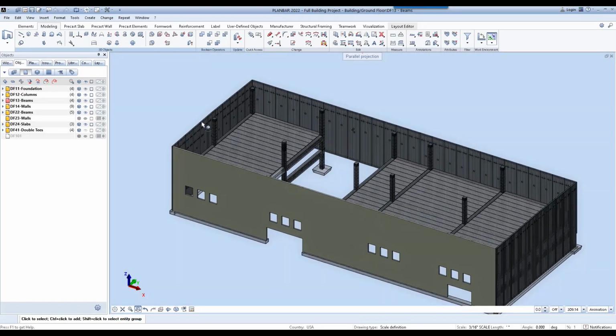In general, in ALLPLAN, you can model pretty much anything. There's a lot of solid modeling tools, as well as some visual scripting options for modeling whatever you want. We can take those generic shapes and turn them into precast elements so that the program recognizes that they're precast, and automate the rest, like the reinforcement, addition of fixtures and lifters, things like that. And you'll see what I mean as we go along here.